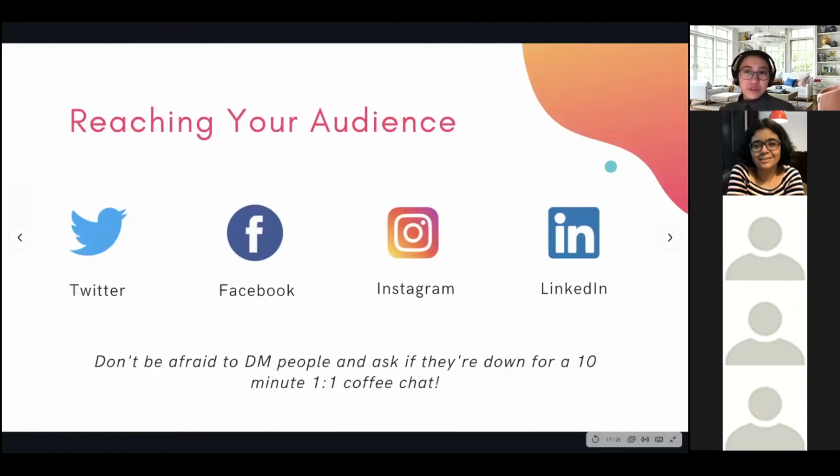And if you don't know where to reach your audience, typically some of the best ways are to use social media or something online. So you can use Twitter, Facebook, Instagram, LinkedIn. In some cases, you can even use a more personalized way, like Discord servers or something like that. It really depends on the demographics of your audience and where you can find them